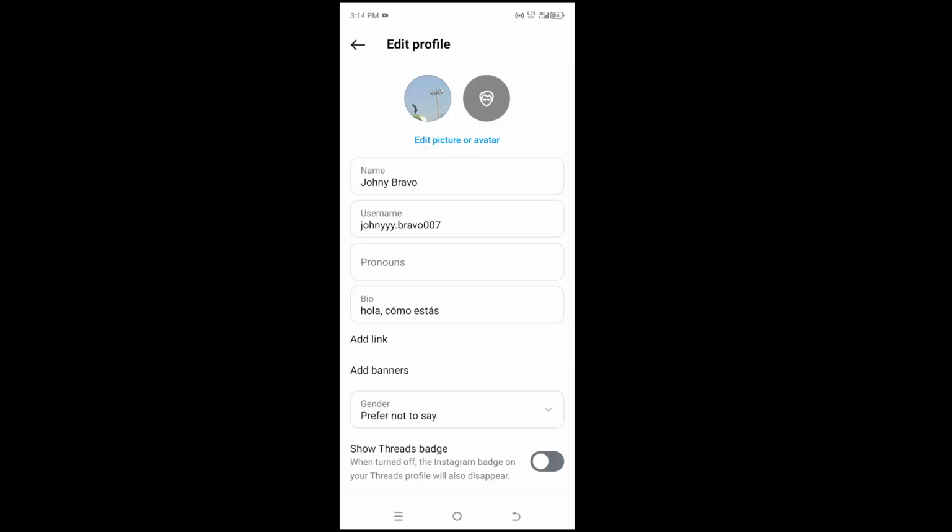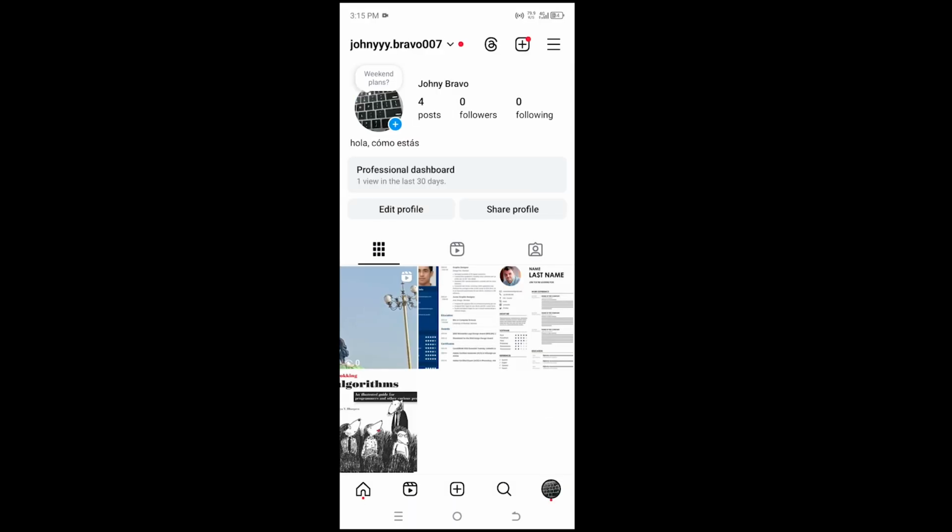And now when you go back to your profile picture, you will be able to see that we have changed our Instagram profile photo. So this is how we can change the